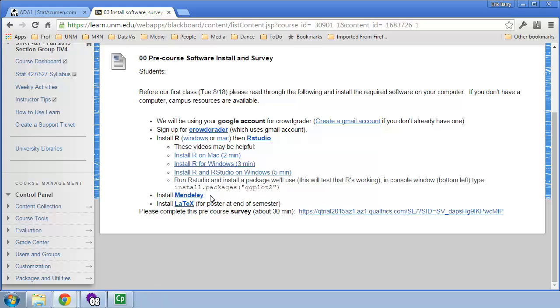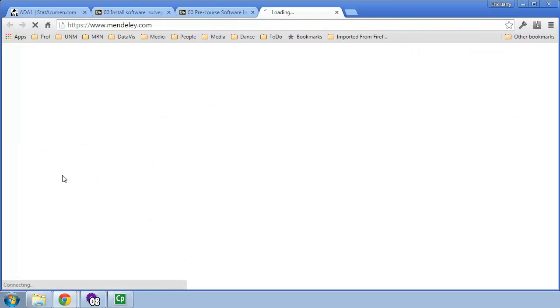We're going to create posters in this course, and with those posters we're going to have an introduction and a discussion section, and we'll have some citations. Mendeley is what we're going to use to manage those citations. So I'm going to control click on Mendeley. It opened a new tab up here. Go to the Mendeley website,